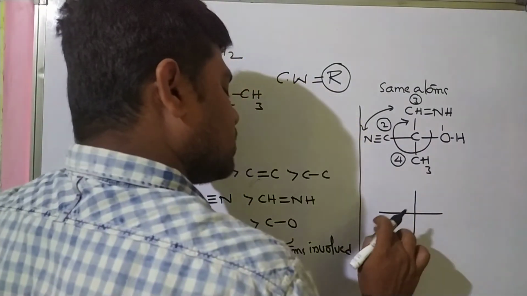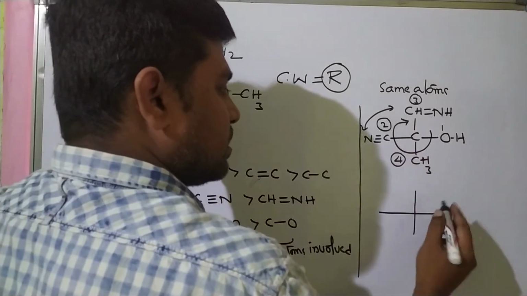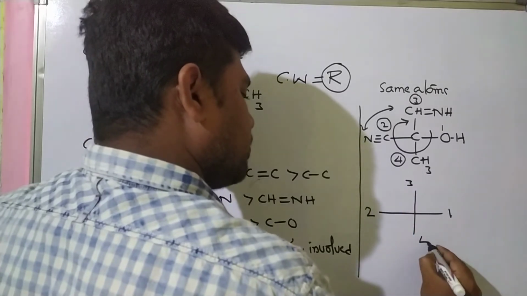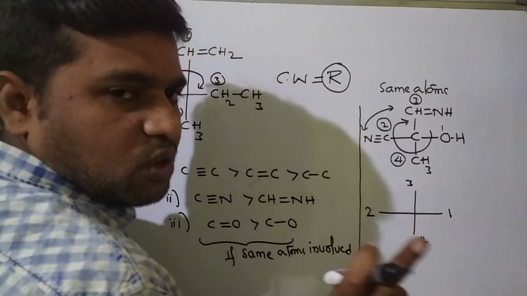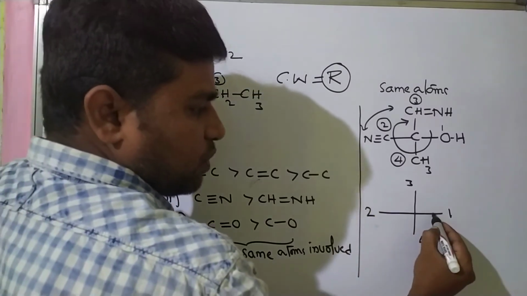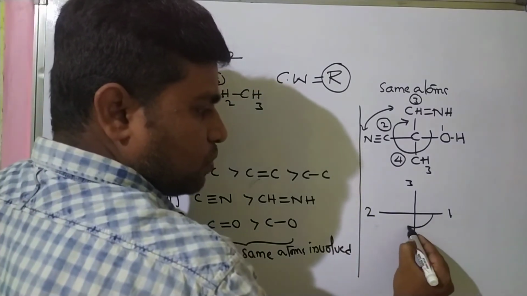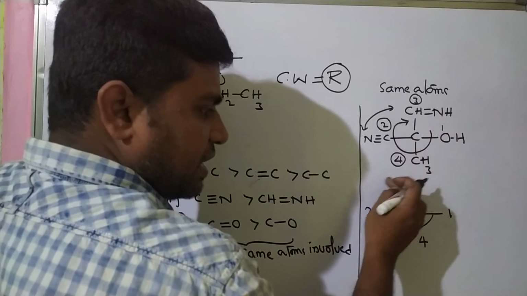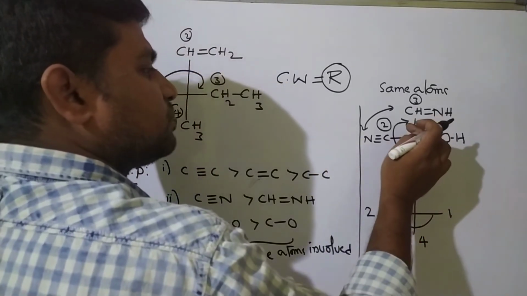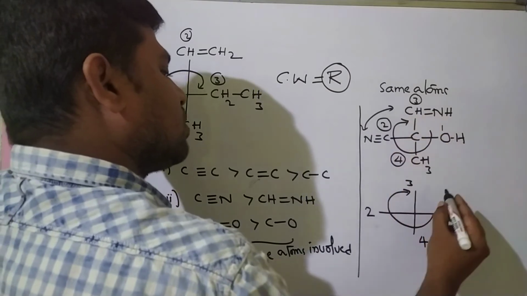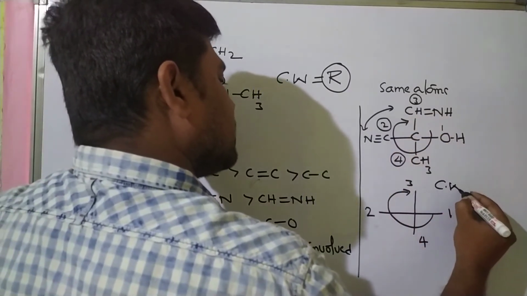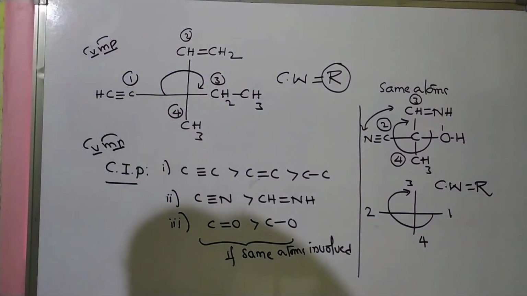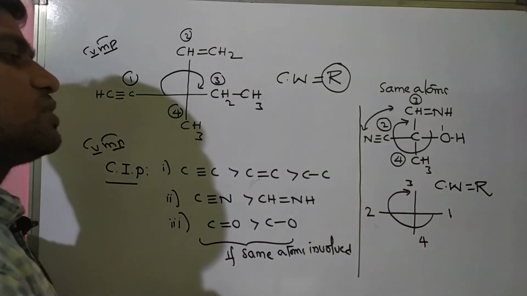Most of the students may get confused with this type of example. Here 1 is there, here second priority, here third priority, here fourth priority. We must find the shortest distance rule. Means 1, 2, 3. Not like this: 1, 2, again 3 and then 4. That is wrong. So this is clockwise rotation. Clockwise rotation means R. Okay, students? I think you understand better with all these examples. Okay, students? Please note.